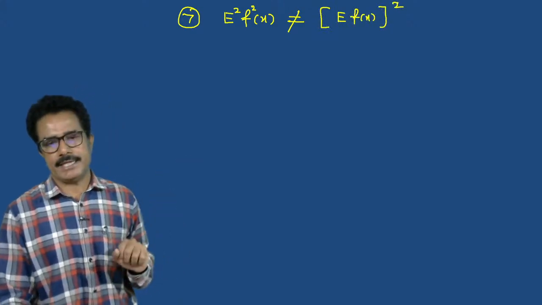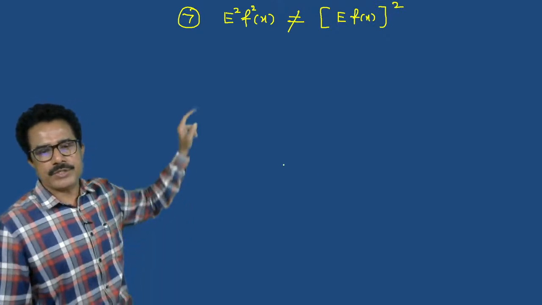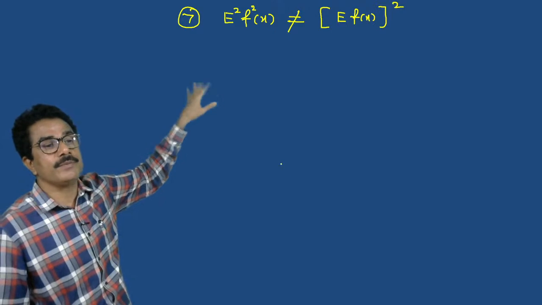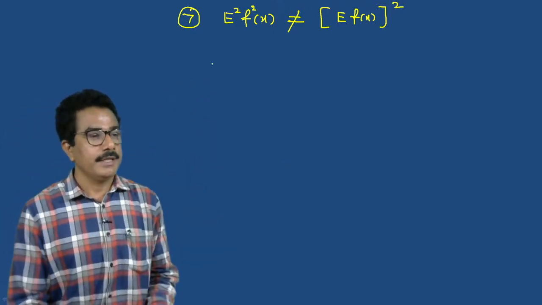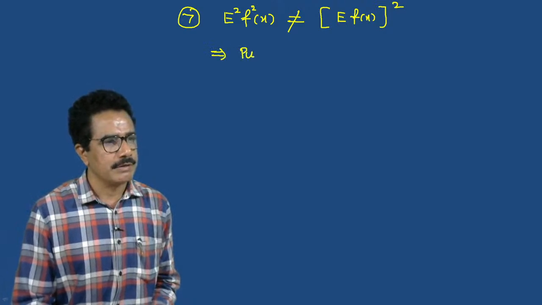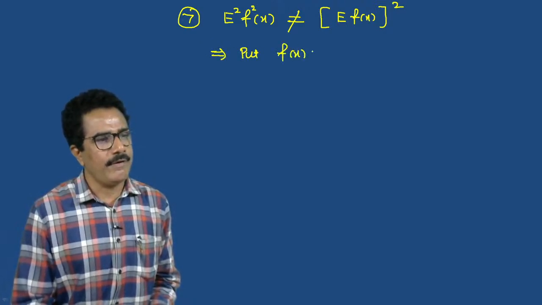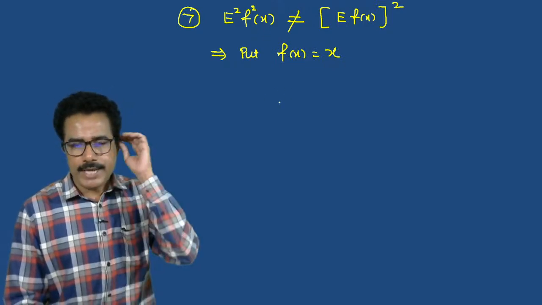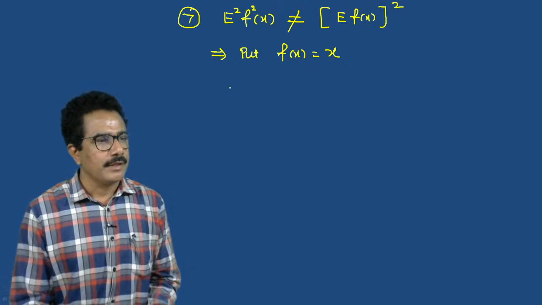This cannot be written like this, remember. E square f square of x is not equals to E of f of x whole square. Say this. I shall explain this. Put f of x is equals to, suppose, x. Then we know that